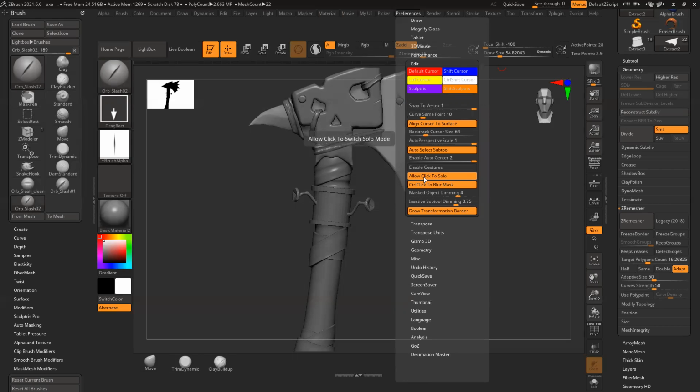This option. This is not the option. I'm looking for the solo button.